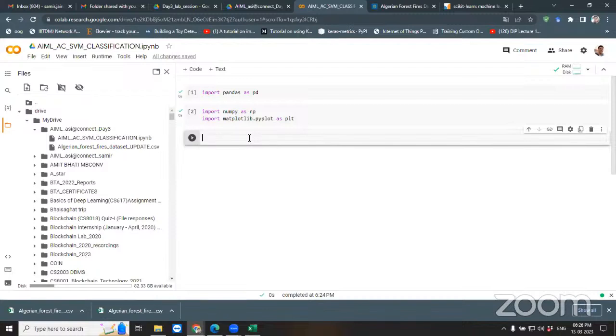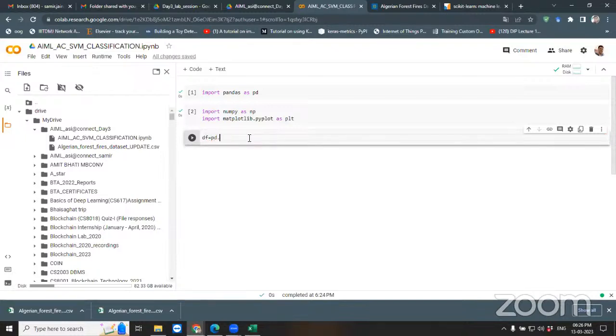A data frame is a window that will contain your data. You can consider it a window-like thing, or a typical kind of array that has some data in it. So I'll use df for data frame. df equals, because we have imported pandas with the alias pd,